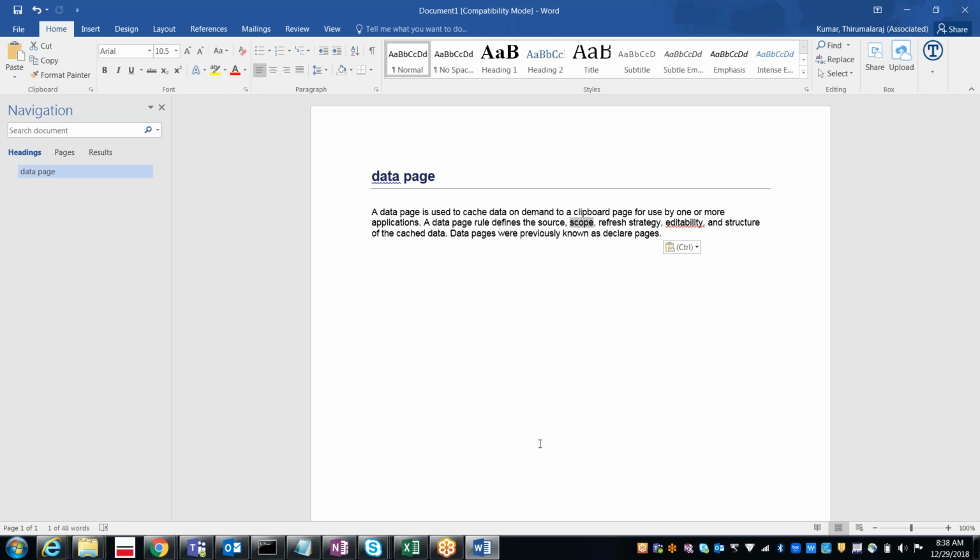And then refresh strategy. That means when you want to refresh it. For example, sometimes when you want to buy a phone through Amazon, you will see it is out of stock. It gives the message saying out of stock.